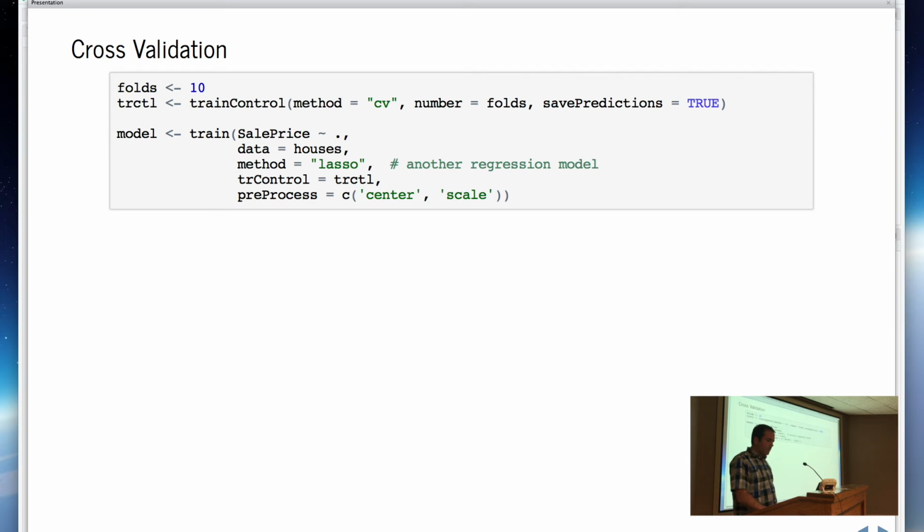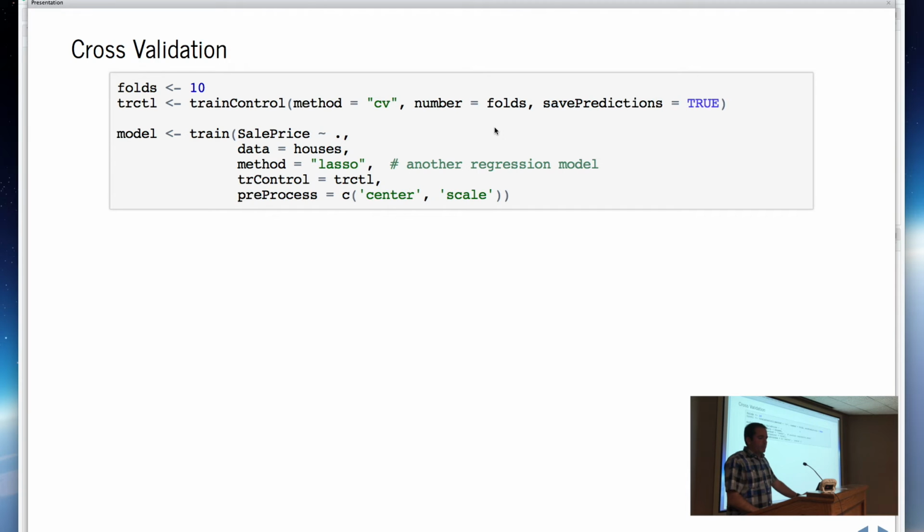So doing cross-validation in R, we set up this training control object with the train control function. We're telling it here we want to do cross-validation, in this case using 10 folds, and saving predictions just means that it's going to keep those predictions as it iterates through and selects different sets in the background, so we can take those predictions and apply some metrics across them and see what our validation scores are.